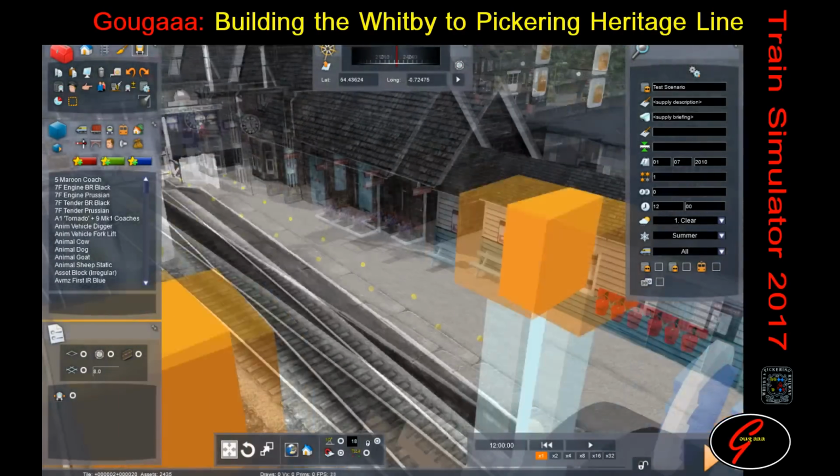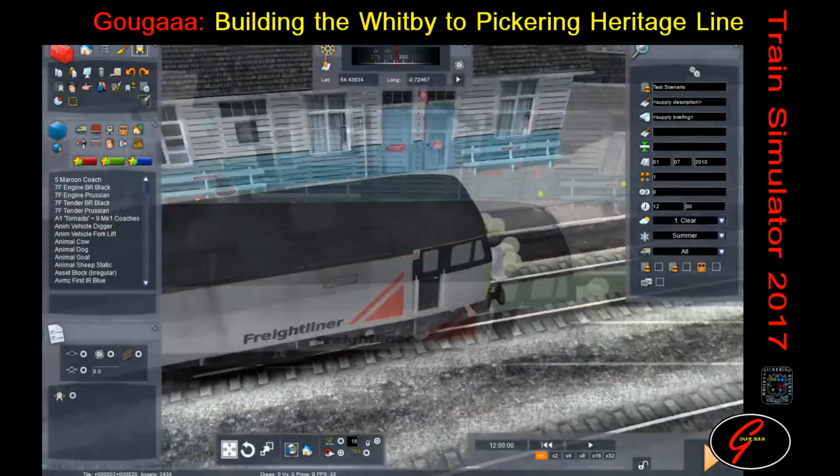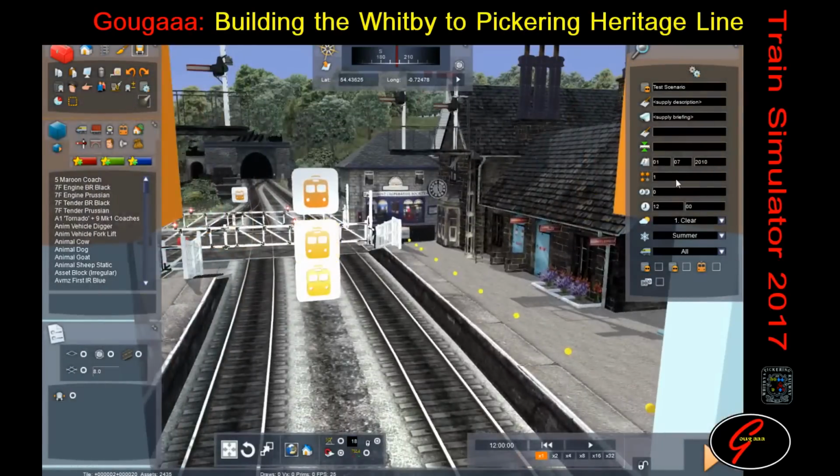So what I've done, just for this tutorial, is use the 47, which doesn't normally belong on this route. It was just the first train I dragged out of the box, and we're going to have this 47 going to the tunnel, crossing the gates, and coming back into platform 3. So there'll be 2 movements across the gates, and then the gates will close again. As you can see, the scenario time is 12 o'clock, which is important because there are 2 types of trigger